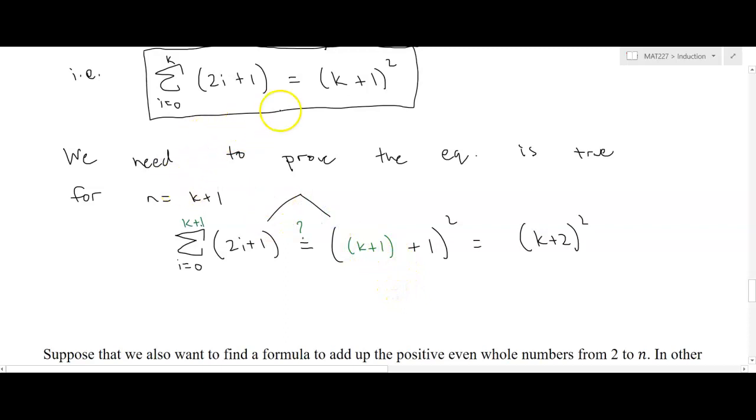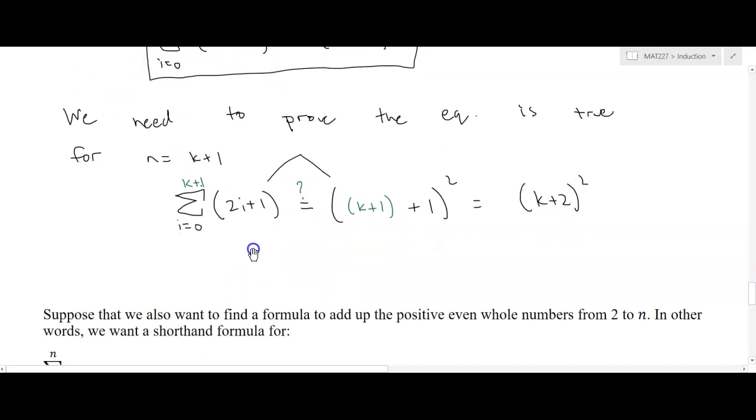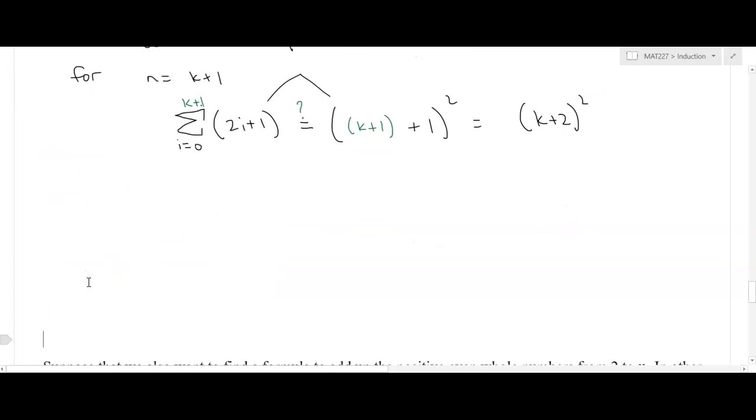So what I'm going to do is try to use this inductive step, or this assumption step, to help me. The first thing I'm going to observe is that a summation from i equals 0 to k plus 1 could actually be written like this. So this is equal to 1 plus 3 plus 5 plus etc. until you get to